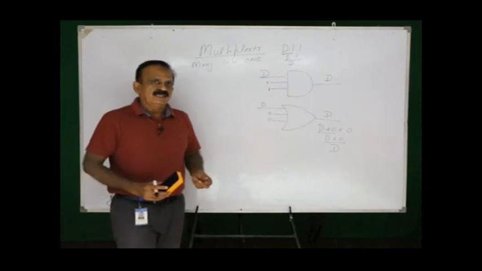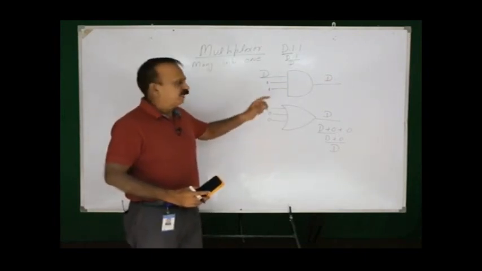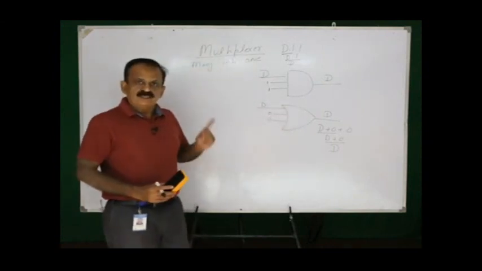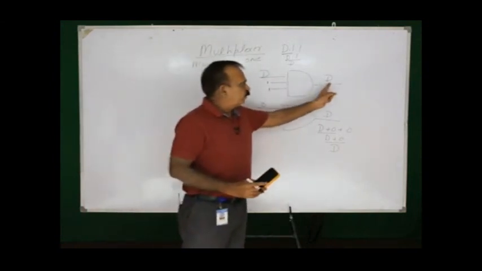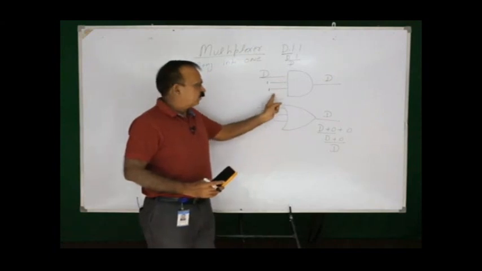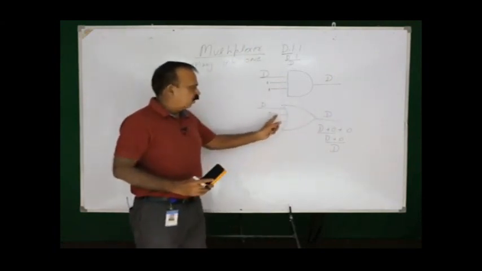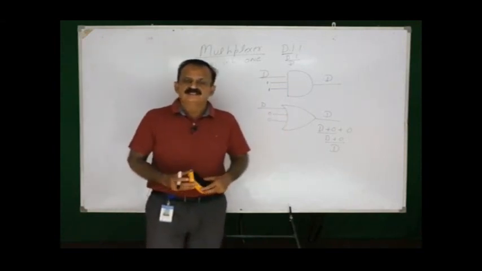So, for designing and explanation of this circuit, the 2 gates used will be the AND gate and the OR gate, with the property that for the AND gate output will be equal to input when all other inputs are 1, and in this case, the OR gate, the output will be equal to input when all other inputs are 0.